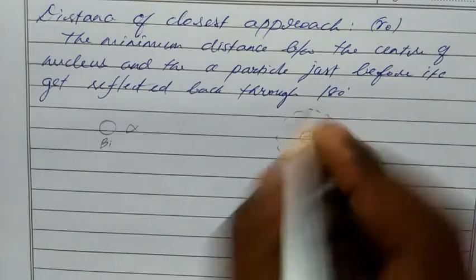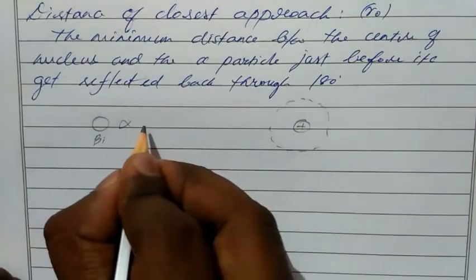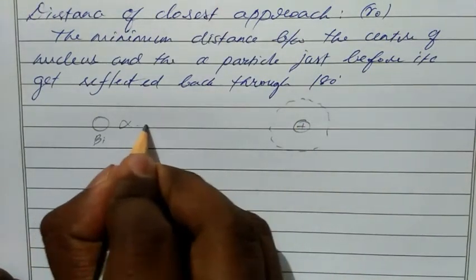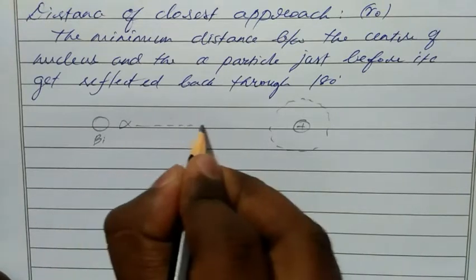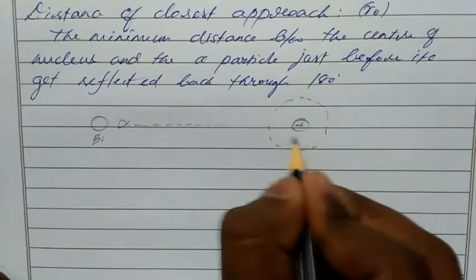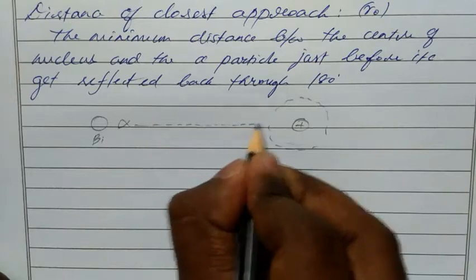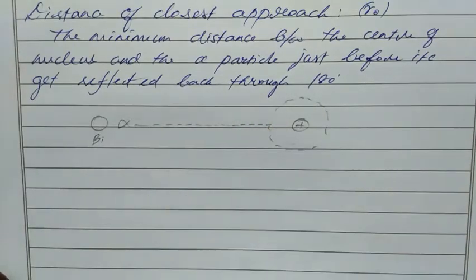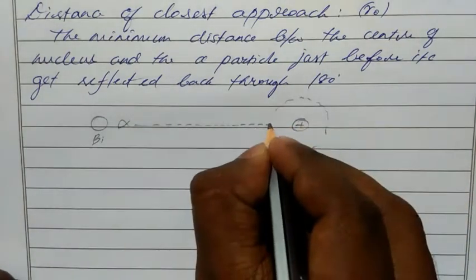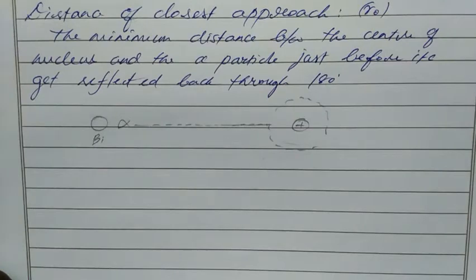Okay, in an atom, the minimum distance this alpha particle makes to pass towards the gold foil which has this atom. So it goes up to a certain limit. After that what will happen? When it goes straight, after that it will get reflected back, correct?